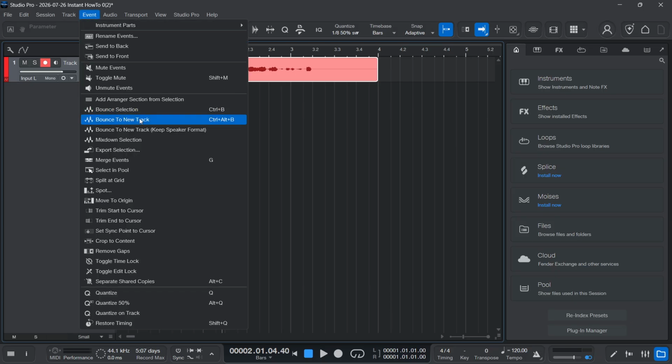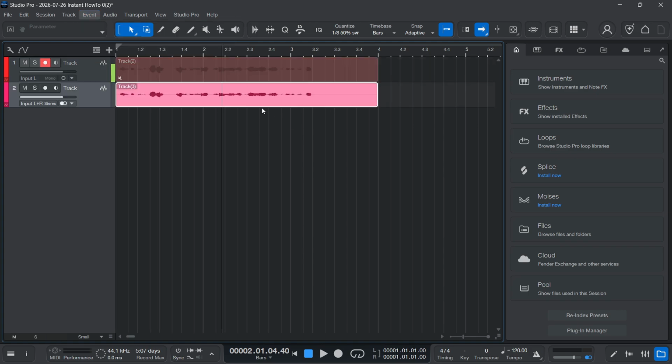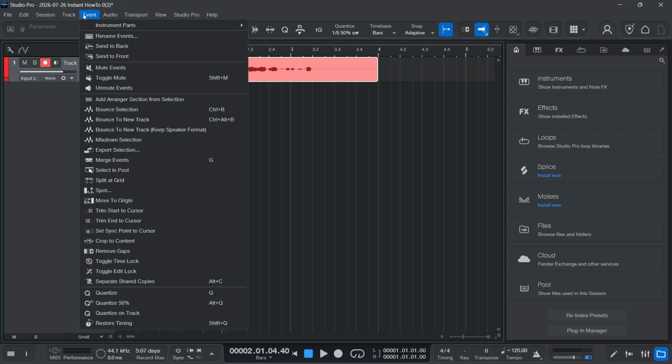If you go and click on Bounce to a new track, it's going to bounce it to a new track just like this. And of course, there's also one more option, which is bounce to a new track and then keep speaker format, okay? You could also go and mix down if you want to, but what this will do,